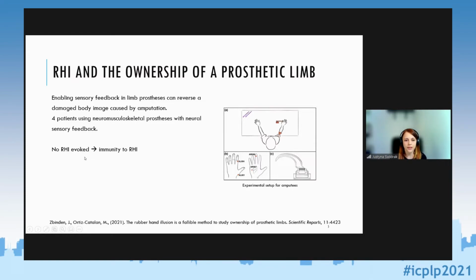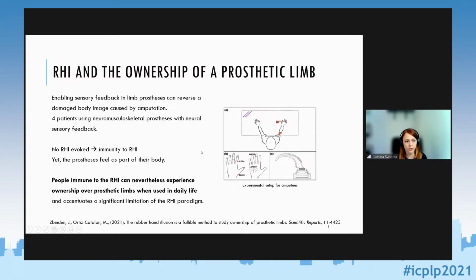And in the interviews, it turned out that the prosthesis felt as part of their body in their daily activities, and that they felt very strong ownership, and that it felt as part of their body. So this result explains that sometimes people immune to the rubber hand illusion can nevertheless experience ownership over prosthetic limbs when used in daily life, and it means that